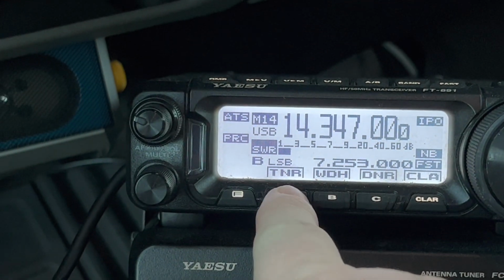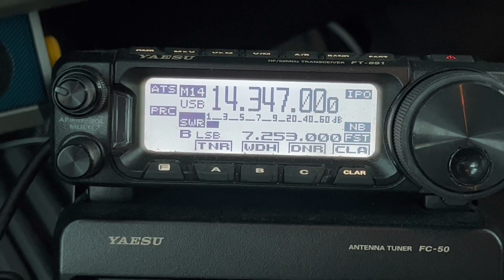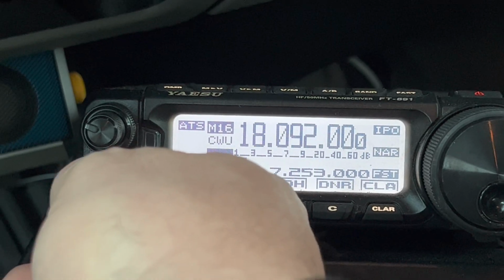So watch, I'm gonna touch it up. See, it was a 2.5. It didn't take it long, it touched it up. Now I'm good to go there on the high end of the band. Okay, we'll go to another